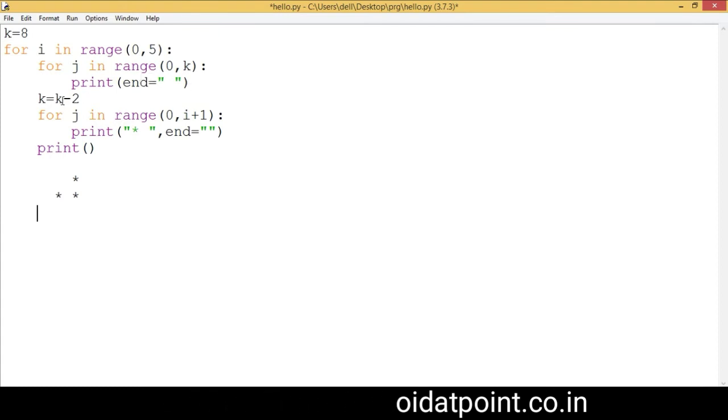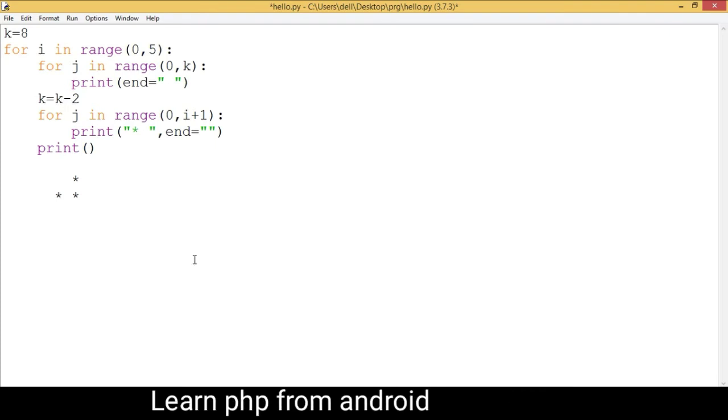Now control comes here, and the value of k is 4 minus 2, which means the value 2 is assigned into the k variable. So the value of k is 2. Now control comes here and assigns the lower limit as 0, and the upper limit of this loop is 2 plus 1, which is 3. So this loop is executed 3 times and prints the star 3 times. Now this loop is terminated.